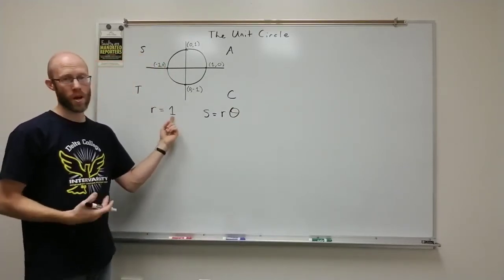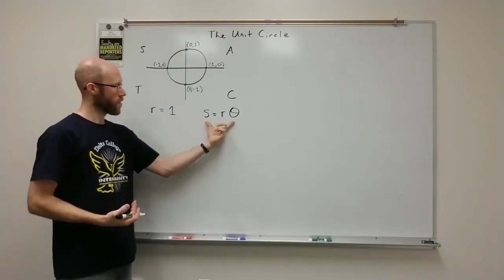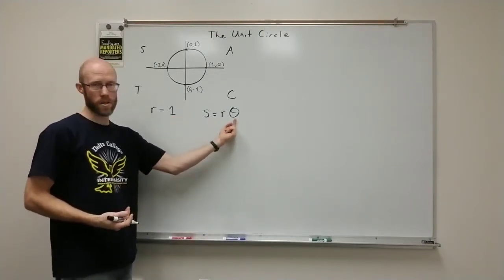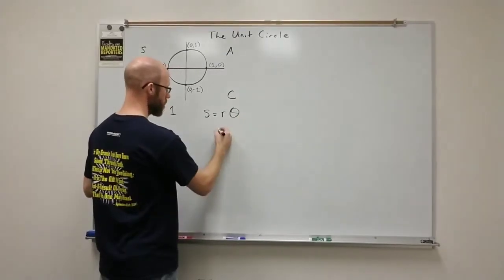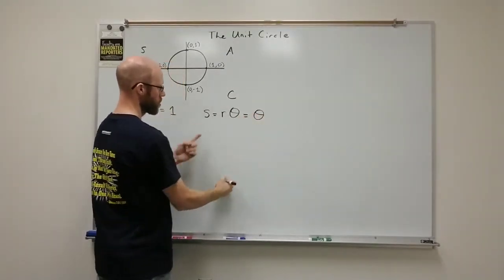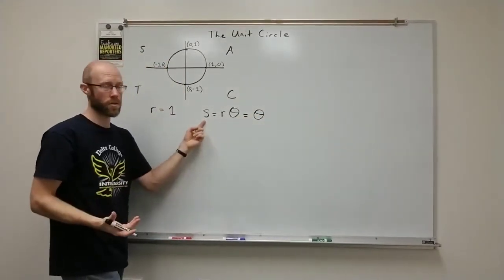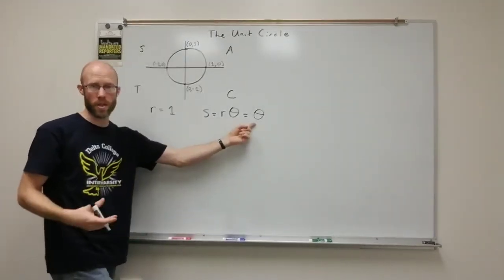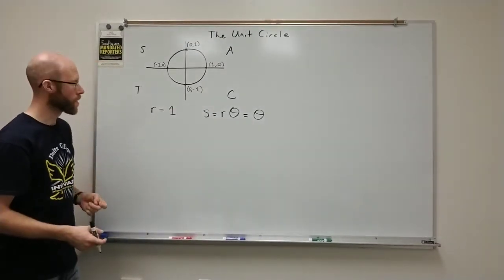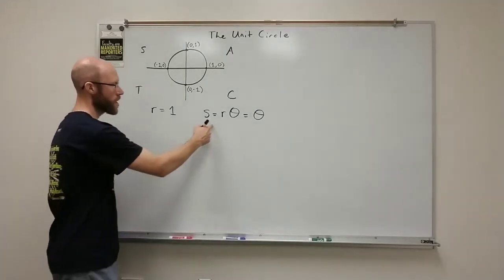Well, of course, if your radius is 1, then you have 1 times theta, which is just theta. So S is equal to theta ultimately, right? 1 times theta is theta, 1 times anything is itself. Okay? So if S and theta are the same,